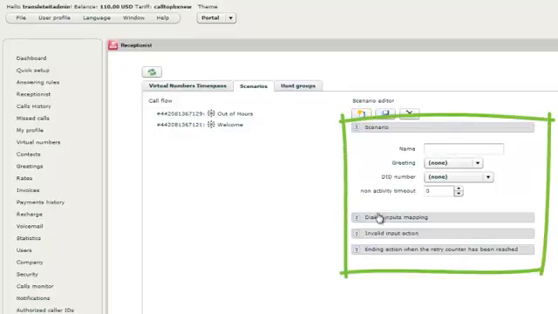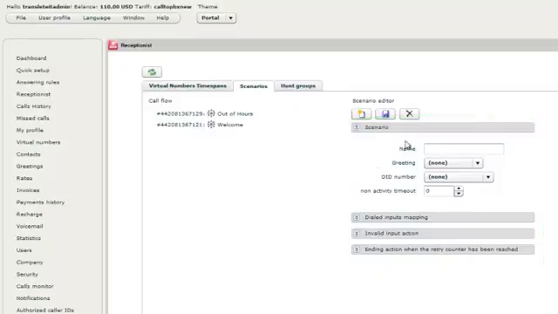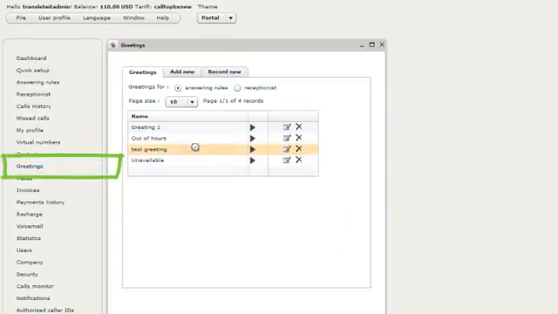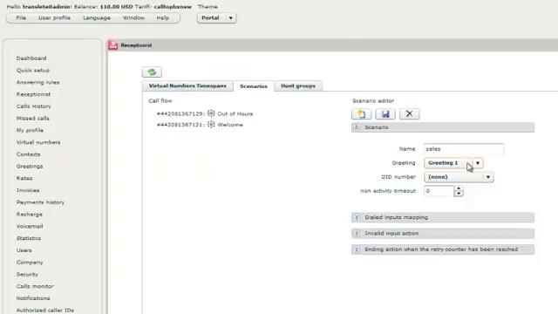The scenario editor has 4 collapsible panels with fields that need to be filled in. In the Scenario panel, create a unique name for the scenario. You can assign a pre-recorded greeting message. These are pre-recorded receptionist greetings that the PBX client has, as can be seen in the Greetings panel. You can assign a DID number, and you can assign after how many seconds a call will be automatically disconnected if no action is taken by